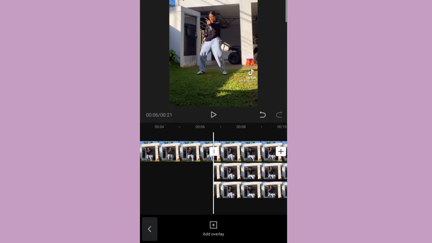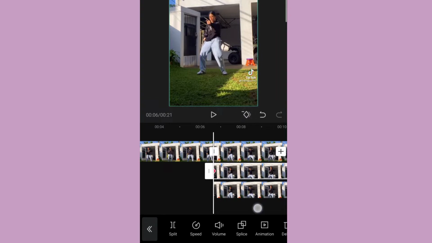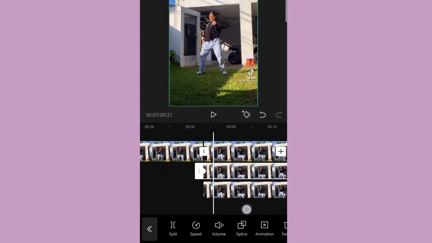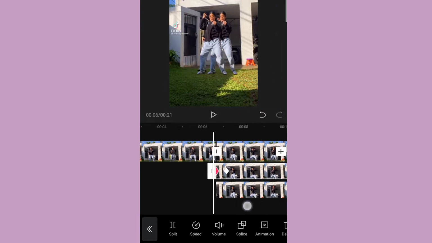After that, we need to click the first overlay video and select this keyframe and adjust it slowly to the right one. Same